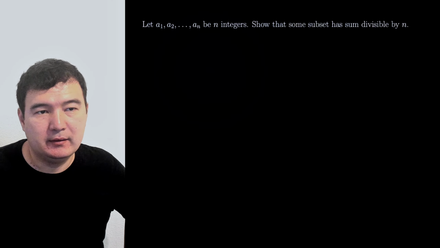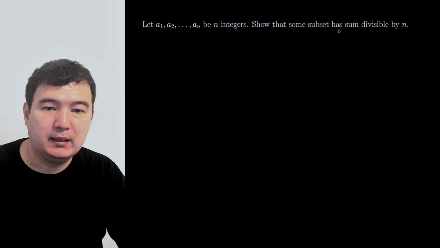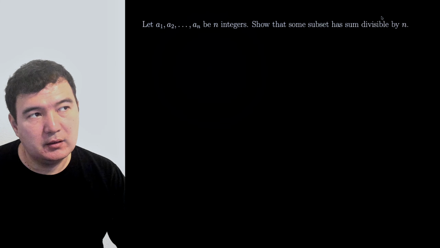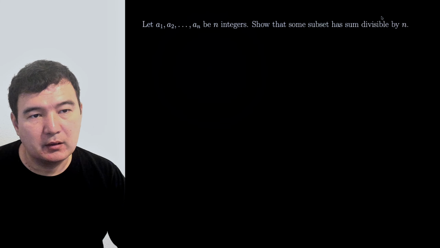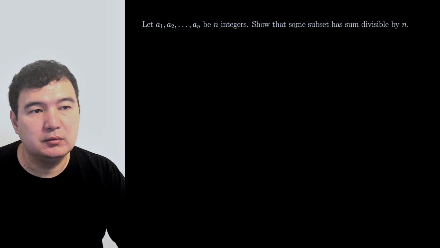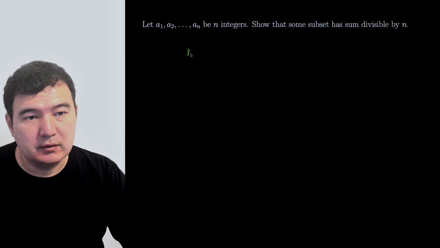We are given n integers and we want to prove that some subset has a sum divisible by n. In general, if you take these numbers, in reality this is a very simple idea. It's almost impossible to try to do the opposite, because there are n numbers, and then the